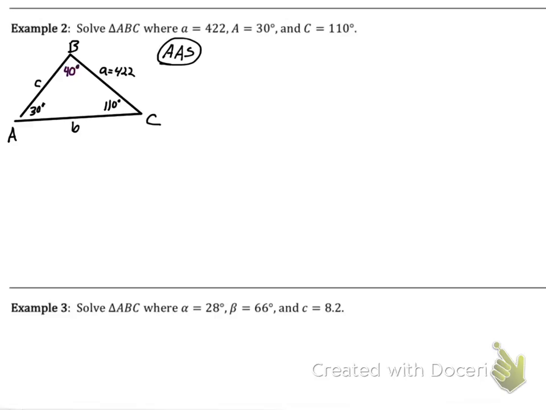We're looking for sides. So I'm going to circle the one that's already done for me. All my information is down for this one. So I know if I put 422 over sine of 30 degrees, I can figure out my answer. Let's pretend I didn't remember to flip it. Actually, let's flip it first and then let's look at the other version. Okay, so I now know that 422 over the sine of 30 degrees